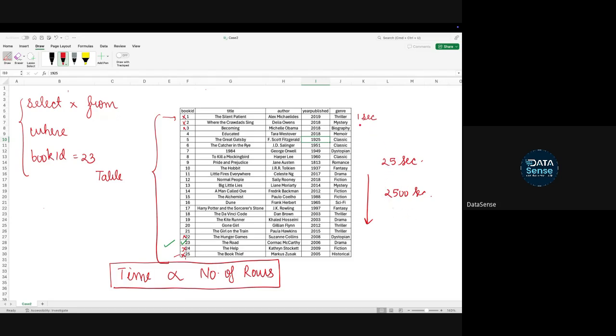Of course, it does not take 1 second to run a row. I'm just taking a hypothetical example. But suppose you have a million rows, it is going to take a million seconds, which is not good, right? Generally, in the company, when you run a query, it does not take that long, right? Or you have to reduce the compute power.